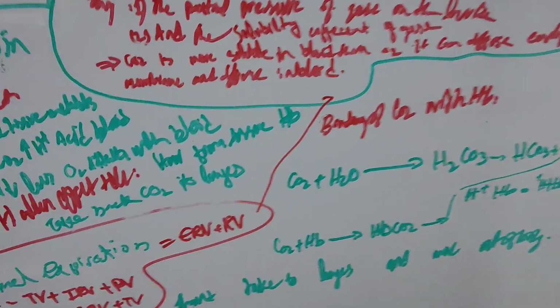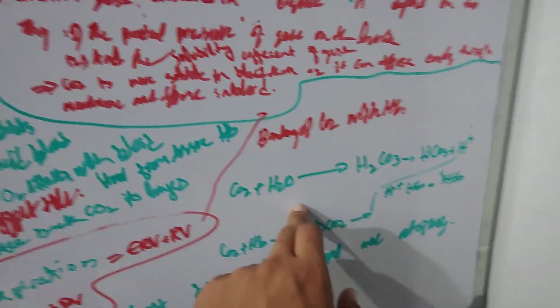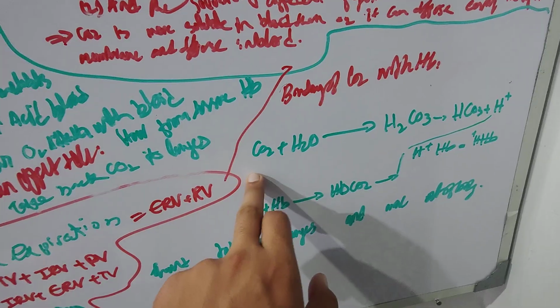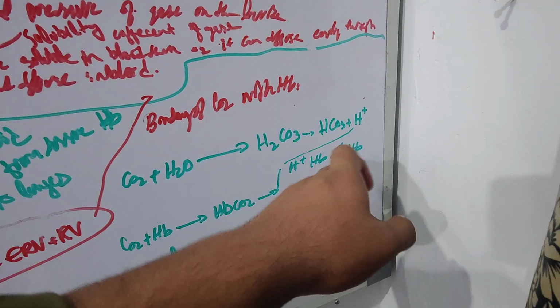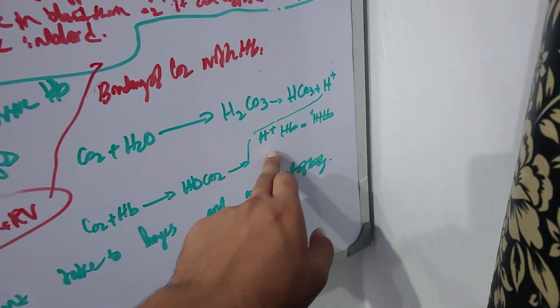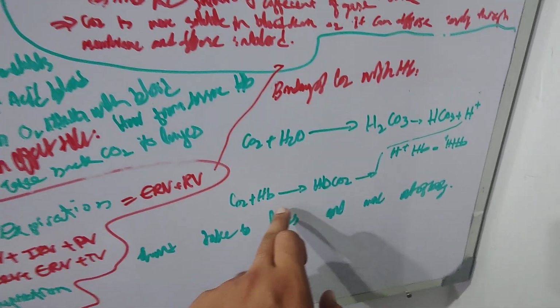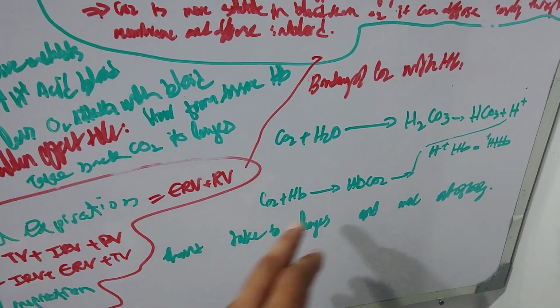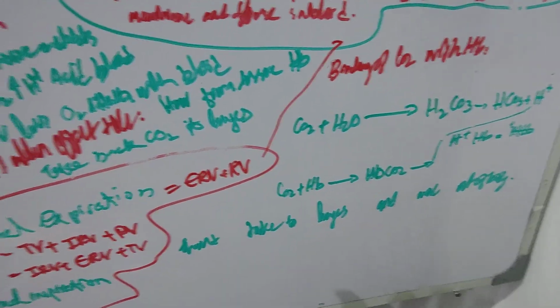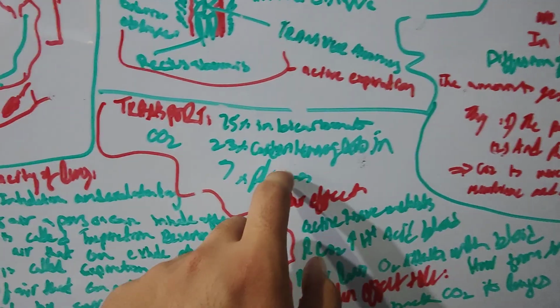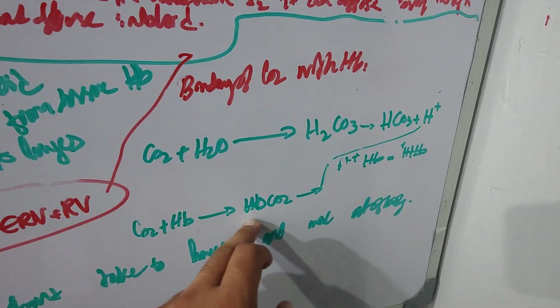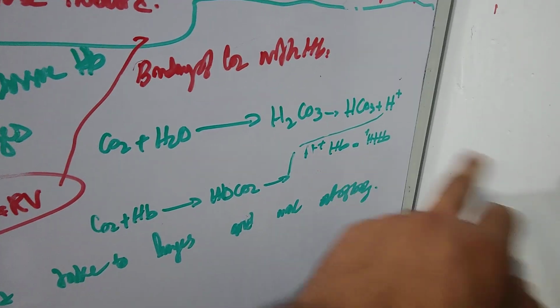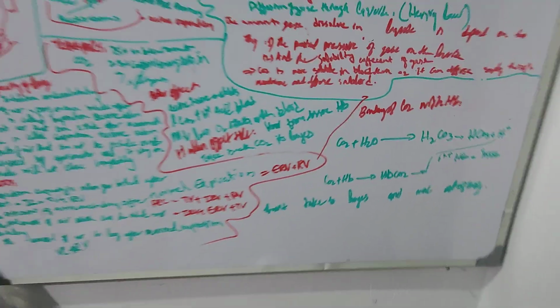Then we see how it's bound. CO2 goes with H2O and becomes H2CO3, and one bicarbonate ion, HCO3, is released. Then the other part forms a bond with hemoglobin, which becomes carbaminohemoglobin. It releases an H plus, becoming HbCO3, then releases another H plus. That was all for